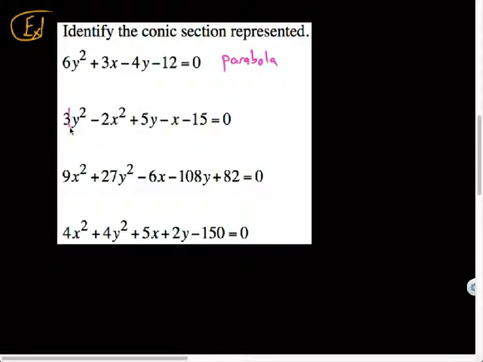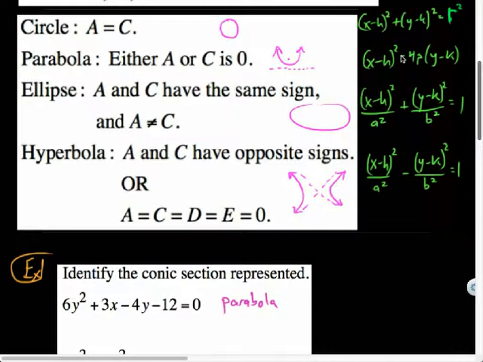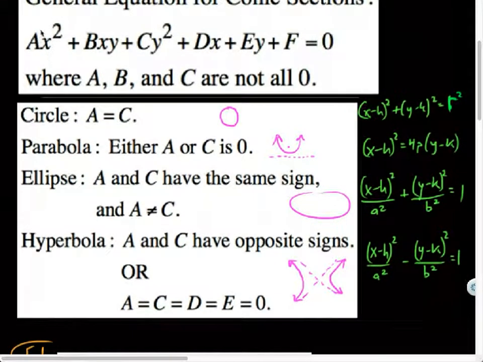Here's another one. So my A would have been, I guess, technically the -2, and the C would have been +3. Their signs are different, so it's a hyperbola. And also I would have immediately known that it wasn't a circle because the numbers were different themselves, right? What was the question? Why is it not a hyperbola? Because A and C had opposite signs in general form, right? So our squared terms, one was positive and one was negative,